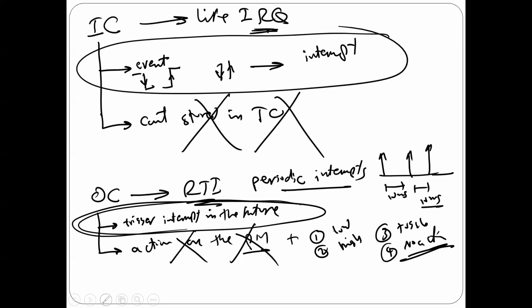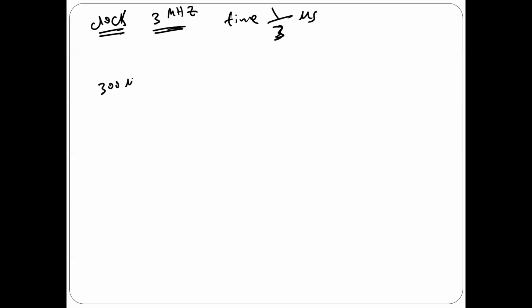Look here, guys. I'm going to assume the clock I'm going to use for the counter is 3 megahertz. So the time for each count is only 1/3 microsecond. Is that okay, guys? Look how interesting it is. All I'm going to do is, if I need interrupts, for example, every 300 microseconds,